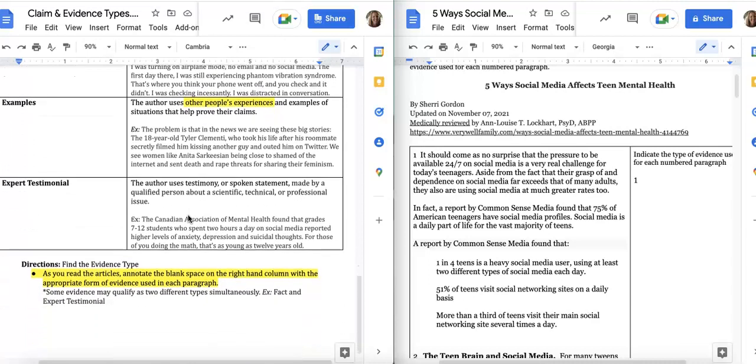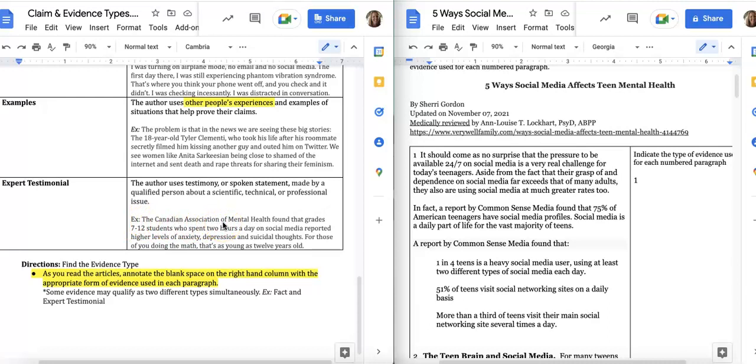And then expert testimonial. Expert testimonial is when the author uses testimony or a spoken statement made by a qualified professional about a scientific, technical, or professional issue. Example: the Canadian Association of Medical Health found that grades 7 through 12 students who spent 2 hours a day on social media reported higher levels of anxiety, depression, and suicidal thoughts. For those of you doing the math, that's as young as 12 years old. So this tells us where it comes from. An expert testimonial is usually easy to find because they will tell you exactly where it came from and